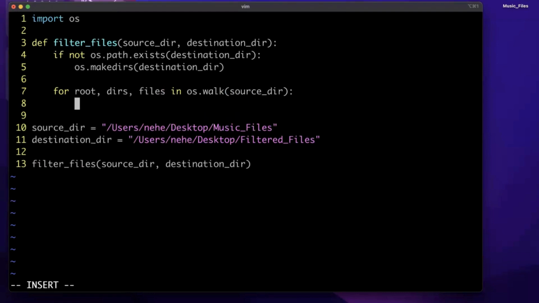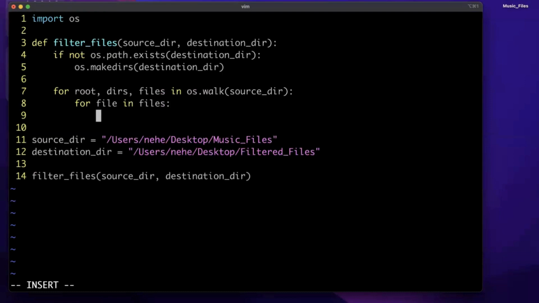Then we need to check every file. So for file in files, if the file ends with .pdf,